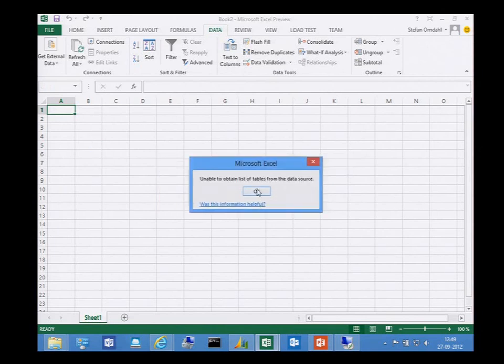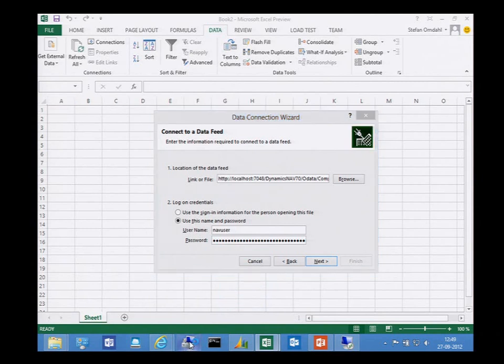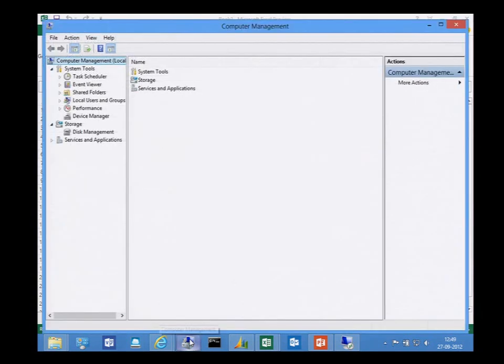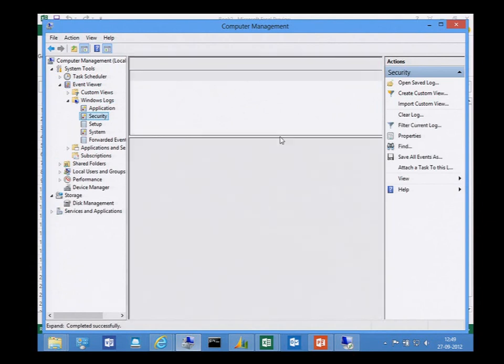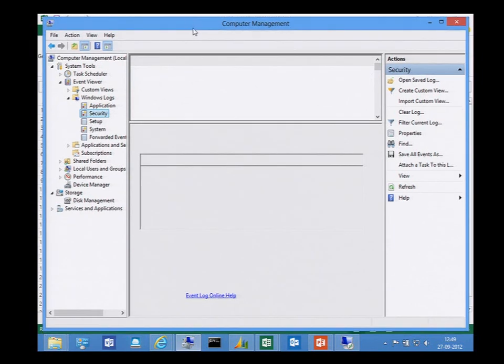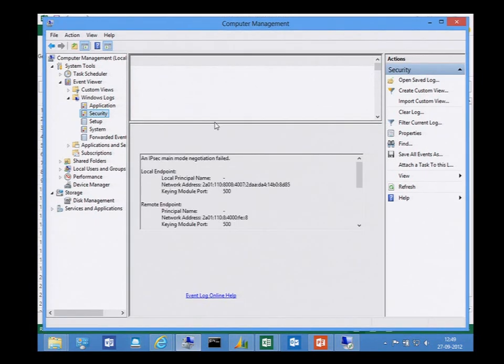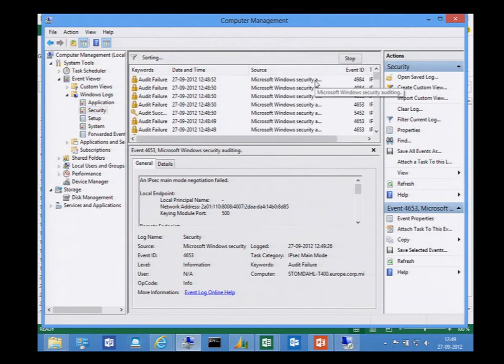The URI is invalid. Okay, just a sec. Been starting and stopping a lot of things.